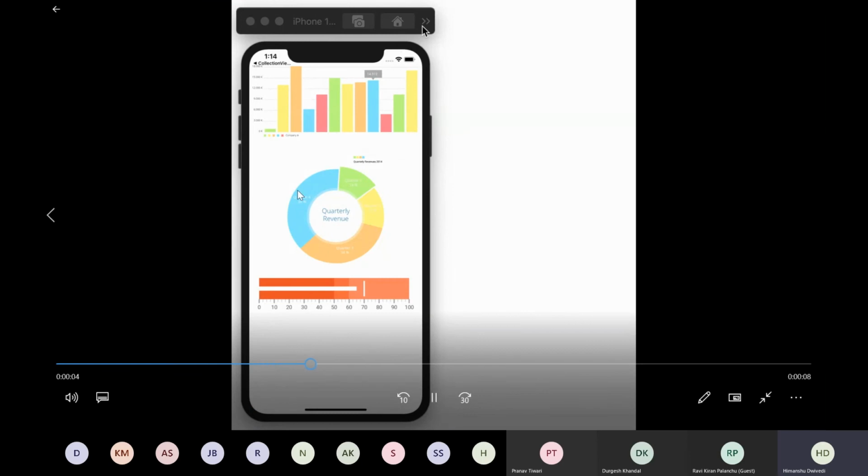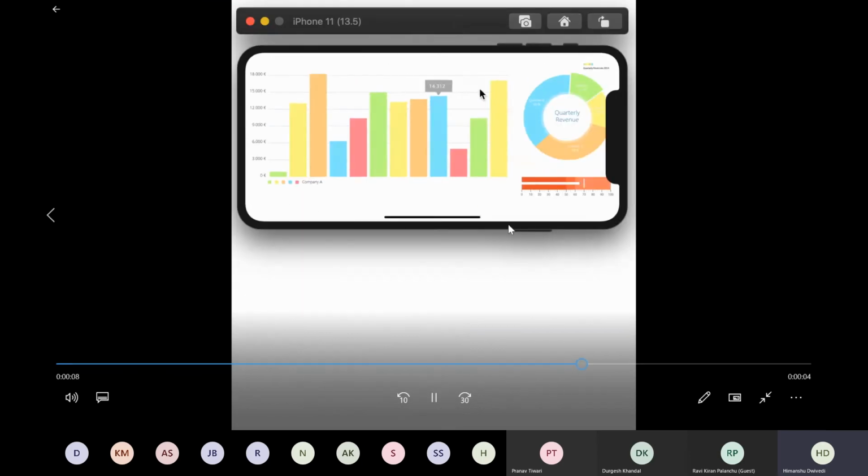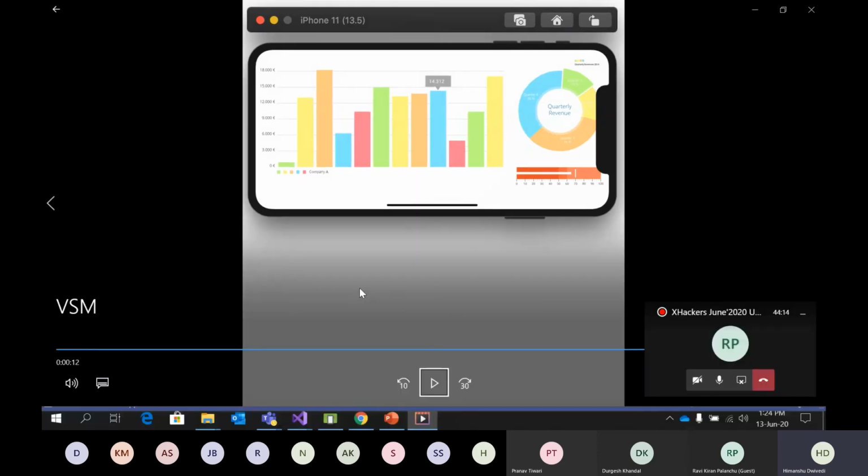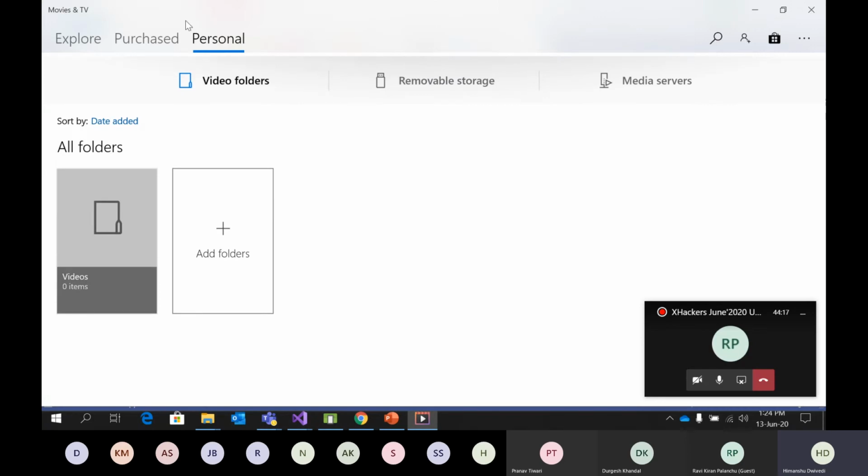You can just customize it. You can play with some grid structure. You can make use of this screen area. I'll just rotate it and it automatically shifts in this way. So that's what I just wanted to share.